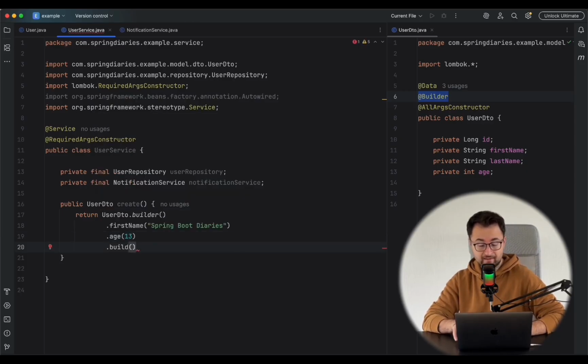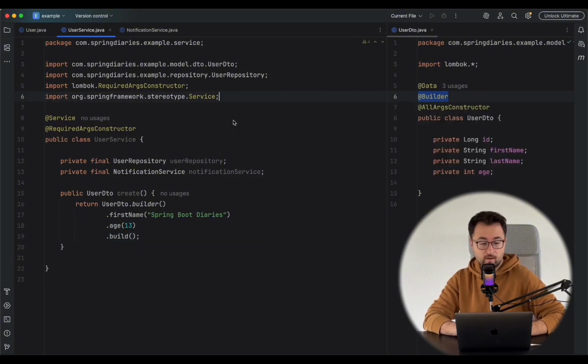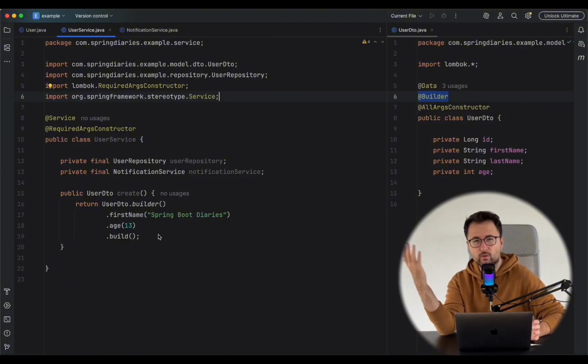And right after I end line 20 with a semicolon, this is going to compile just fine and achieve the exact same thing without, again, having to deal with that constructor mess that I just demonstrated with a couple of examples. As a result, you only have to specify the fields that you actually care about, and the rest is going to default to null or zero. And this is a massive quality of life improvement as a developer for, let's say, writing tests or cleaner service